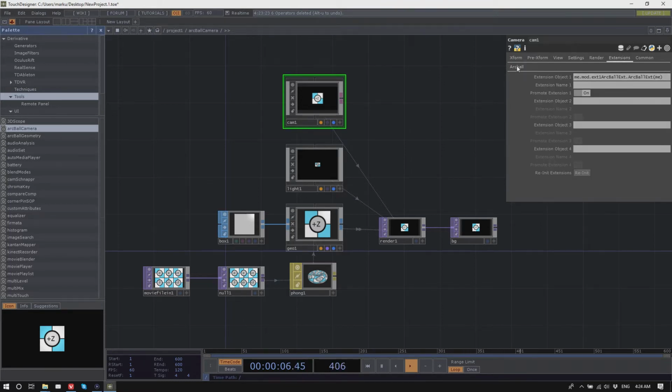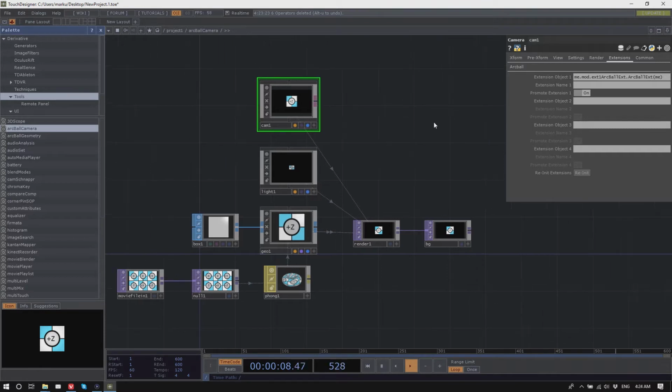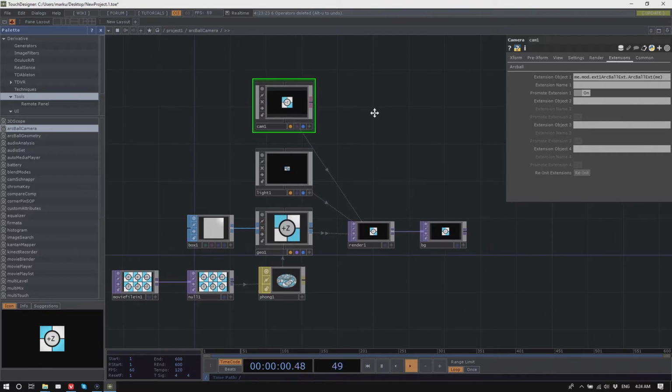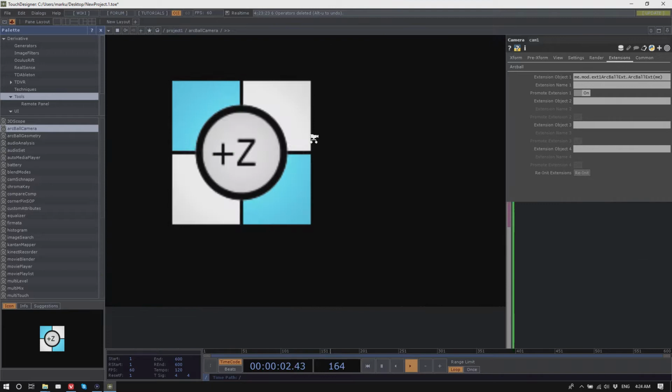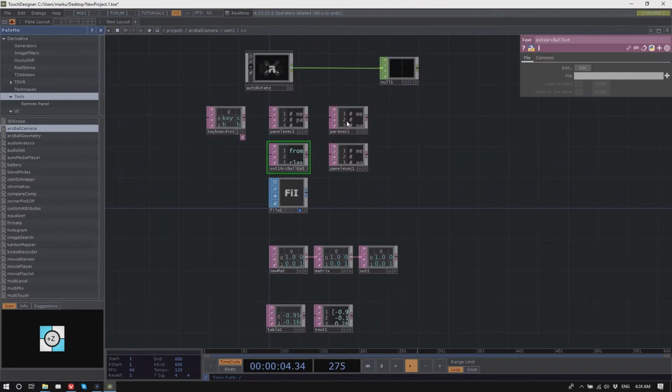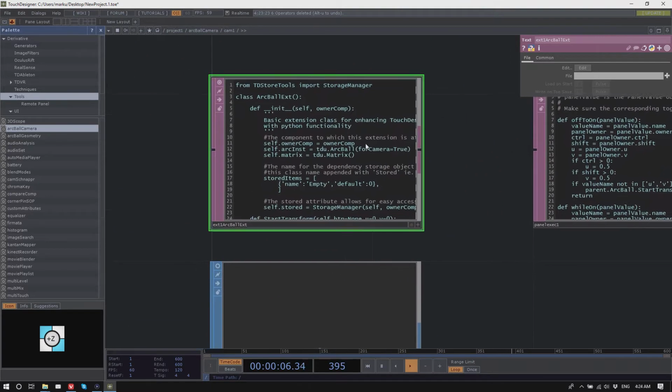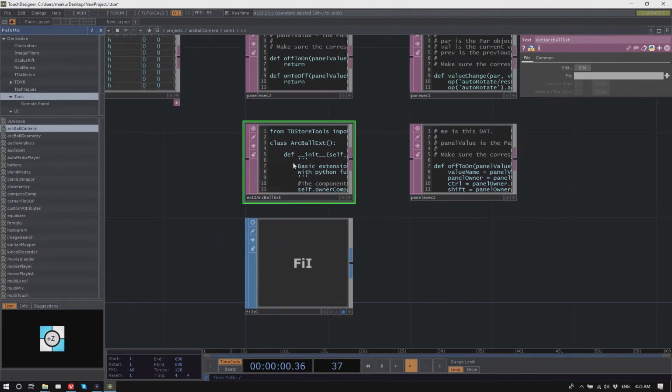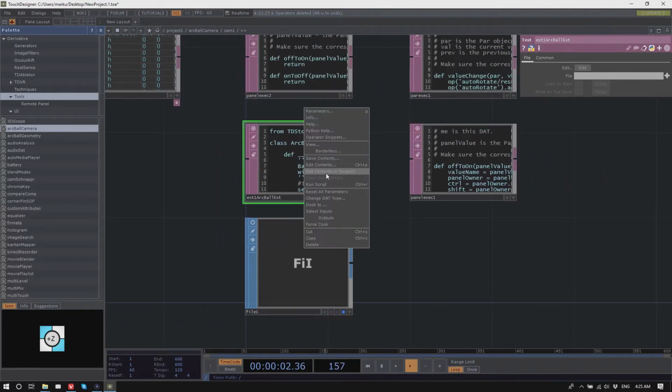And the other thing, if you go to the extensions page, you can see here a strange string, me.mod extension 1 arcball extension me. Now, what does that all mean? Basically, it means that inside the arcball there is an operator called extension 1 arcball extension, and I'll show you how those are created.